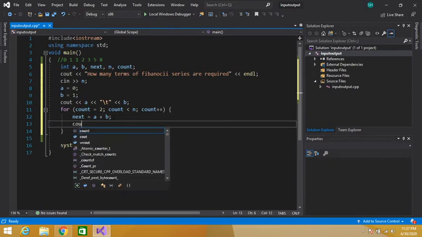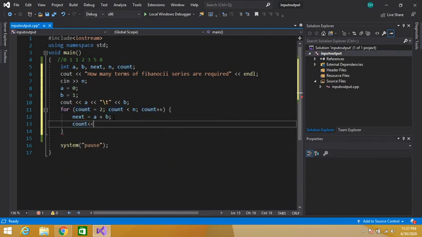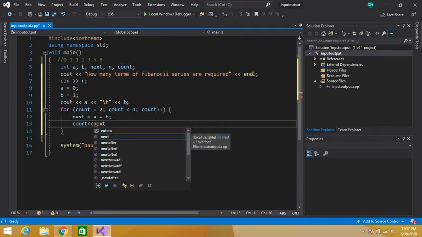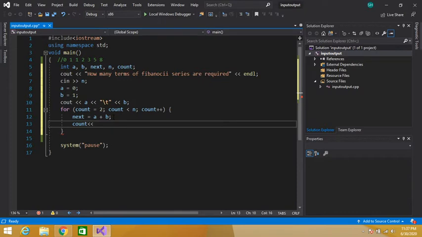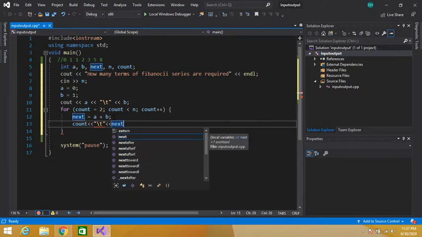So we will print our next variable: cout, next. We can give some space here so that this term is separated, so slash t, then the insertion operator and our next variable.